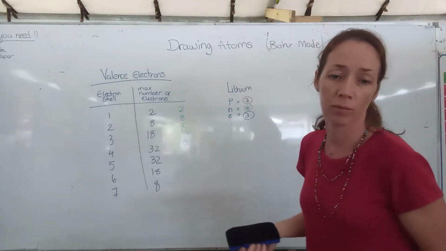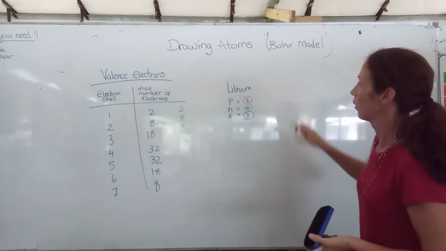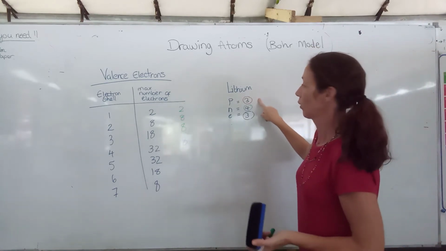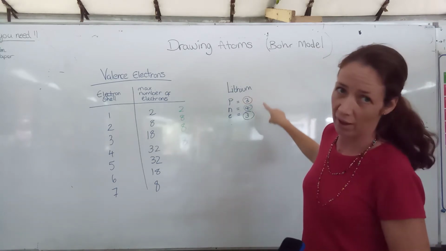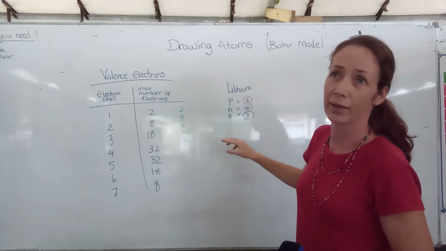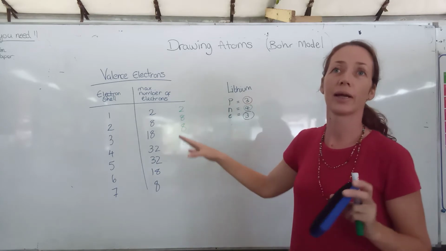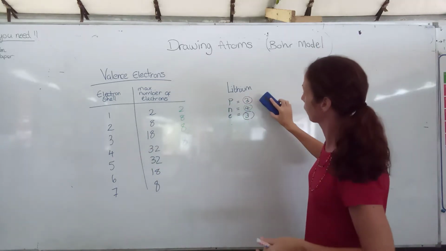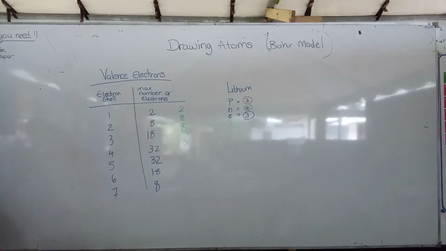So remember last week you did a little worksheet, and on the top of the worksheet was your atom for lithium, okay? So we found out that lithium, who has an atomic number of 3, has 3 protons and 3 electrons in that nucleus, and we calculated his number of neutrons from that by calculating the atomic mass minus the atomic number, and that gave us a number of 4. Okay, I'm going to quickly show you how to draw this atom